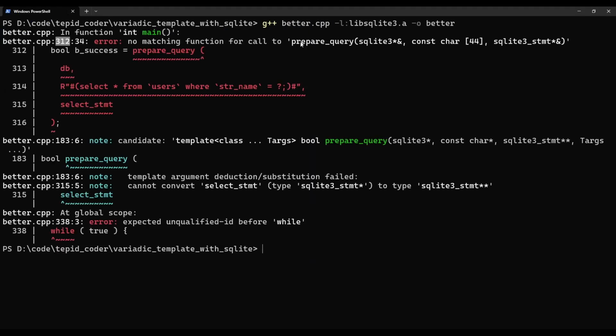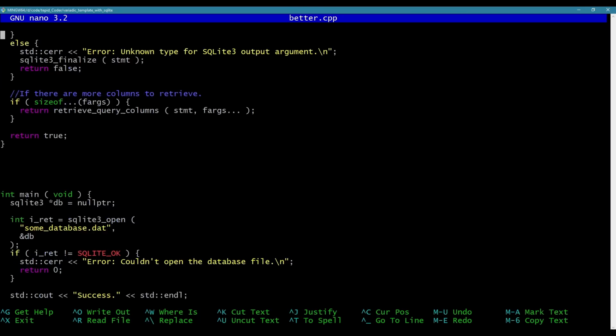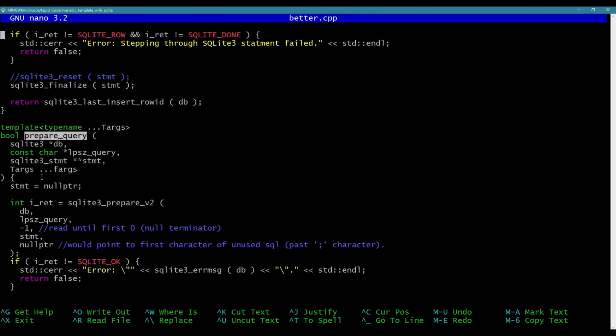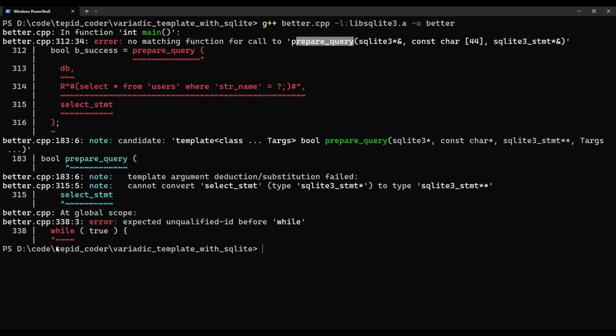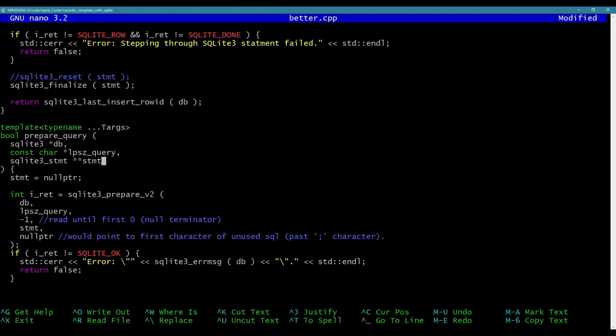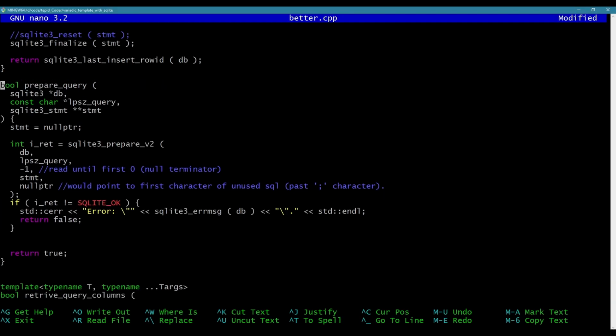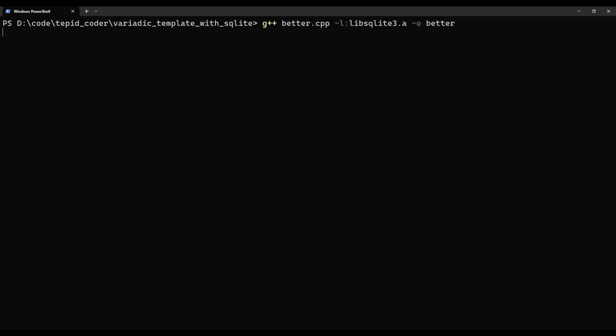312, no matching function call to prepare a query. So 312. Where is that happening? Prepare a query. What did I actually call it? That should be right, right? 312. So it takes a database handle, a query, statement, and then variadic arguments. Except it doesn't take these variadic arguments anymore. I got rid of those. Yeah. It's not even templated anymore. There's no reason to use that. Okay,